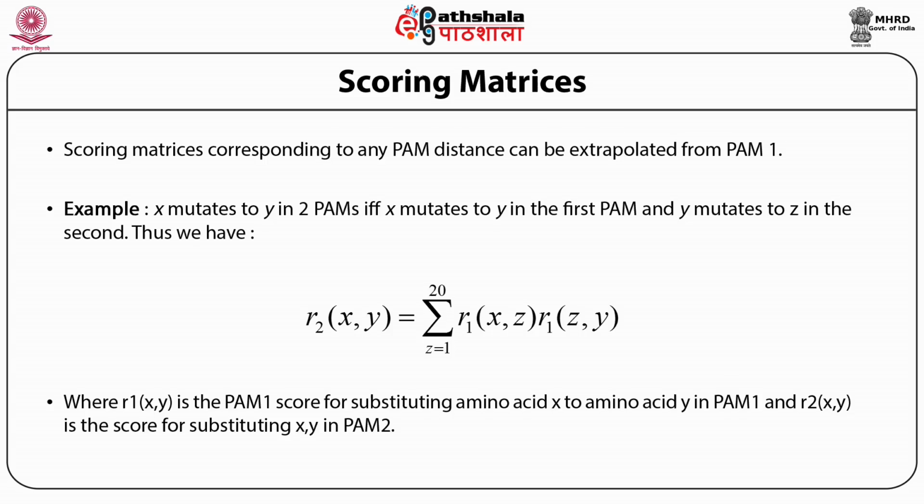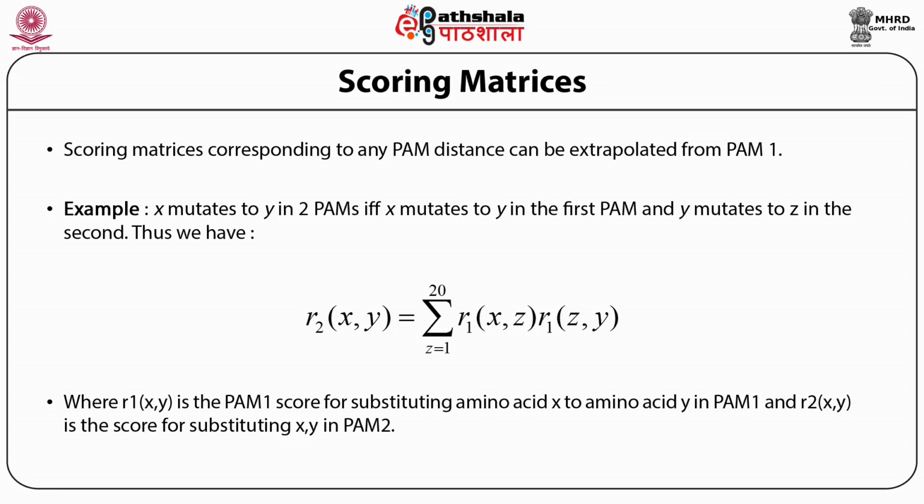But if X changes to A and A changes to Z, then the probability that X changes to Z by way of amino acid A would be Pxa times Paz. Now clearly, while going from X to Z, it can come through any one of the 20 amino acids. So you have separate pairs of products of probabilities which you have to add up,